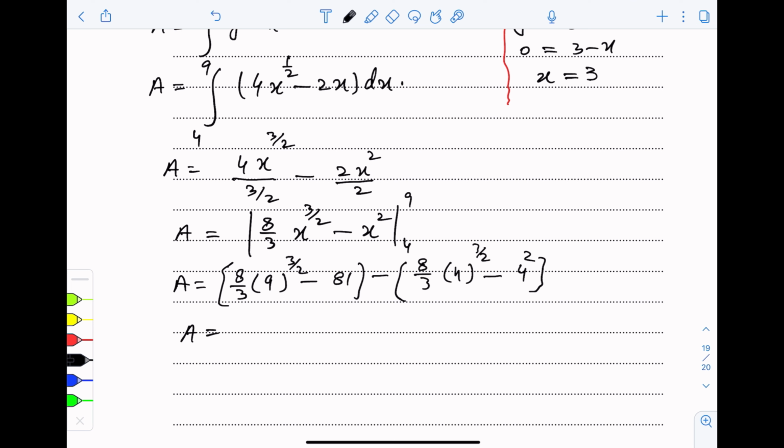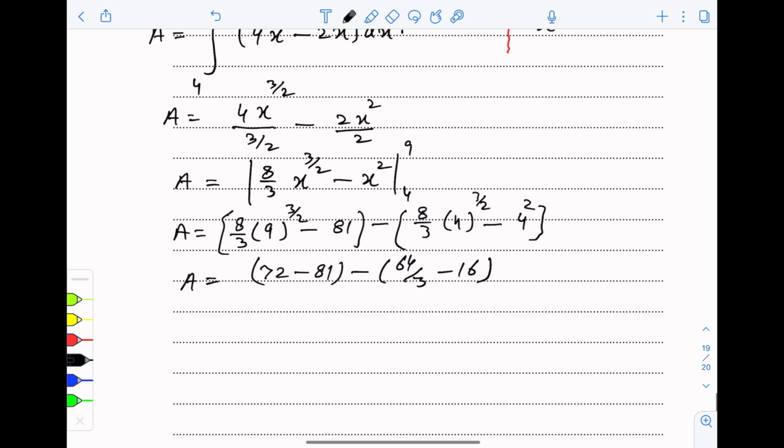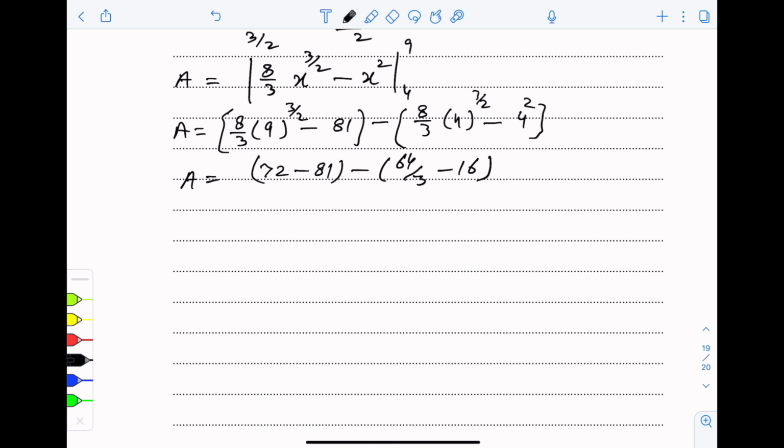This becomes 72 minus 81 minus 64 over 3 minus 16. फर्दर सिंप्लीफाई करेंगे तो ये हमारे पास एलसीएम लेके इसको सिंप्लीफाई करेंगे, तो फाइनली वी गेट